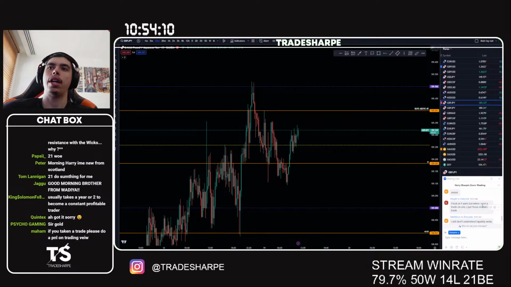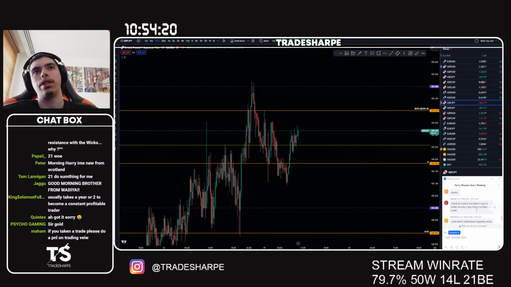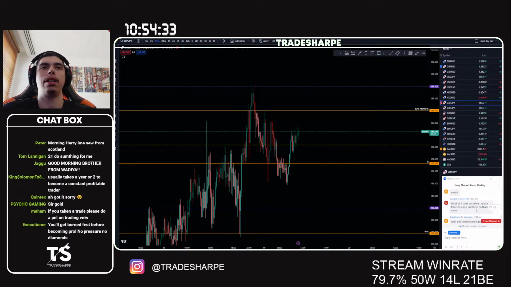I look at 4 pairs. When I spot a trade in one, I just focus on that one. Yeah, that's fine too. Whichever one comes first, that's another approach. If you find one, you're like, oh, okay, this is the latest option, I'll take this. But then let's say that fails and the other pair you were looking at plays out, gets you pissed off, right? It's like, ugh. Then you might FOMO onto your 3rd pair. So I just cut that out early in my journey where I would have made mistakes.